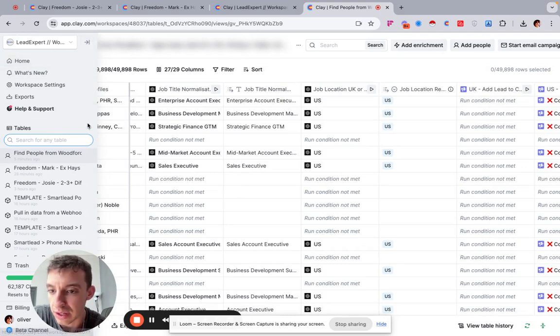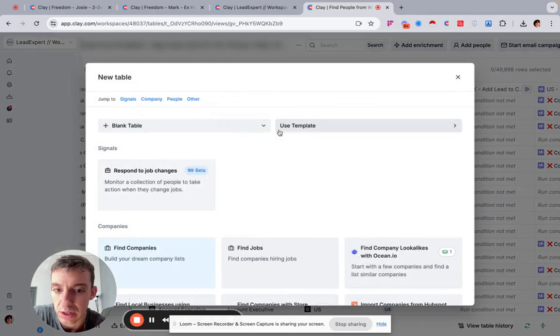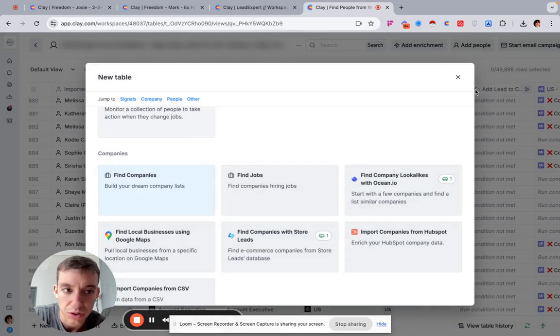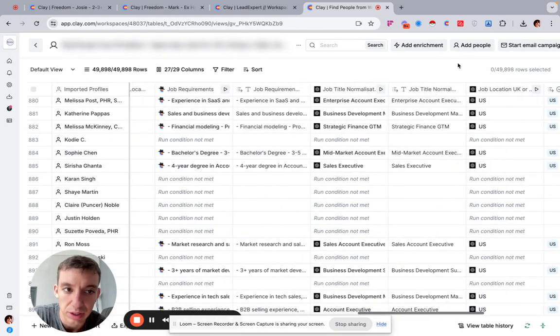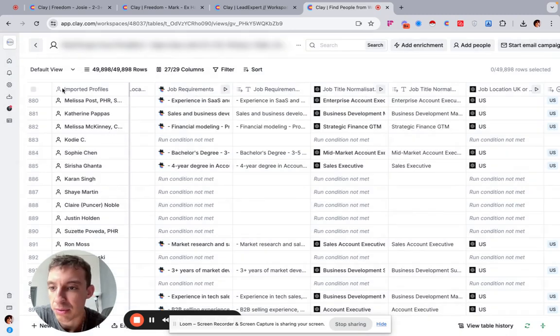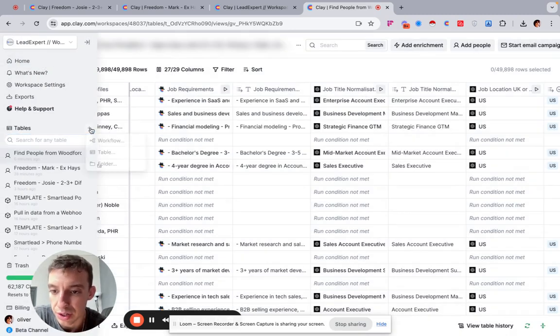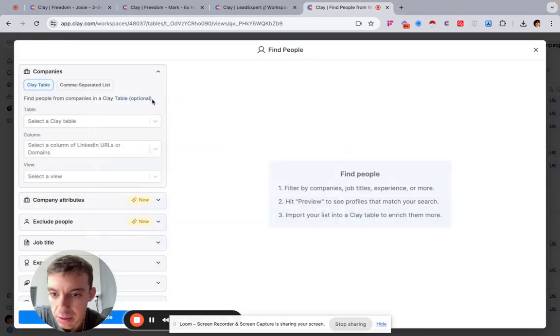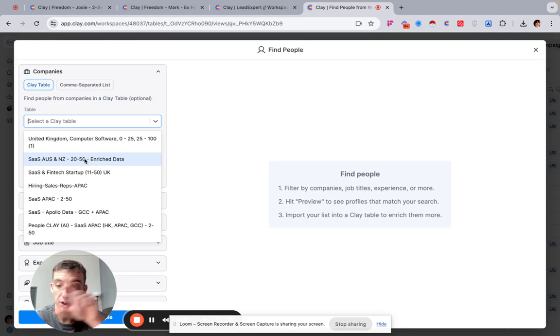But another way that you can do this, which I found actually works a little bit better, is you can just start off with find jobs, and then obviously you put in your find jobs and everything like that. And then once you've found jobs, you can just go to find people. And then this might be a feature actually in the, like if you get the pro plan with Clay, but you can go to find people, and basically you're able to segment your, here I'll show you, plus table, not find jobs, sorry, find people, and you can select a Clay table, so you can connect that to the job